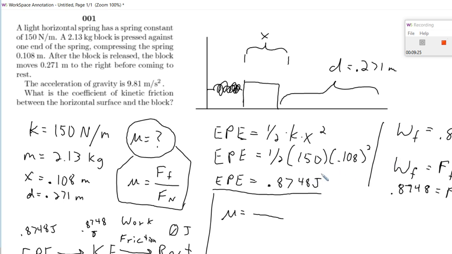And when I do the division there and solve, I'll get that Ff, in terms of its absolute value, is equal to 3.22804. So Ff is equal to